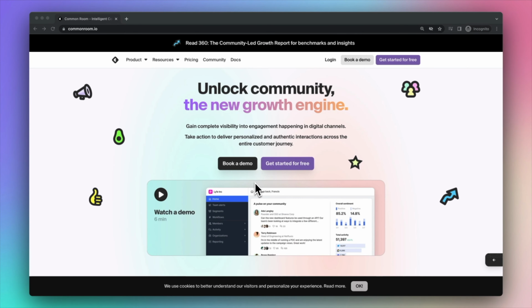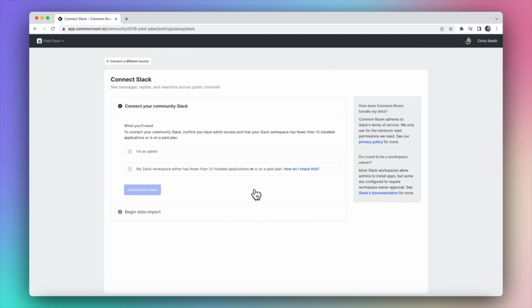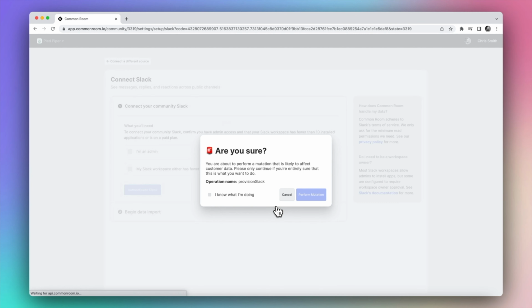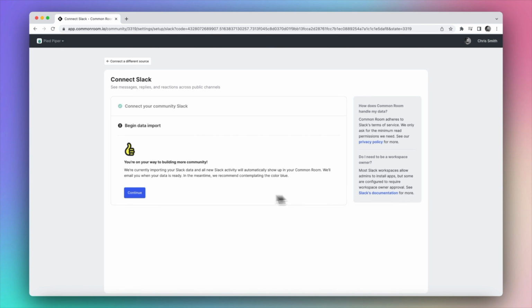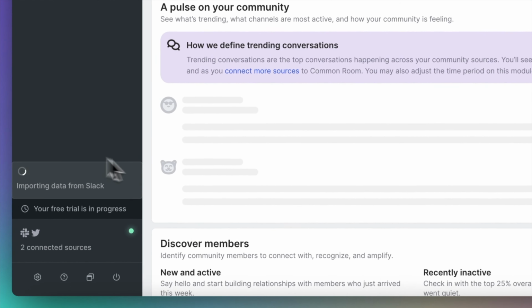You can follow along by going to commonroom.io and selecting Get Started for free. Once you sign up for an account, you'll be able to connect to your different social media and community platforms. And we'll start by adding our Slack community. Check the boxes to give it admin privileges and grant privileges from Slack. From here, you can double check and confirm that you're ready to start importing the data from Slack into your Common Room instance. When you do that, you'll see in the lower left-hand corner that Common Room is importing data